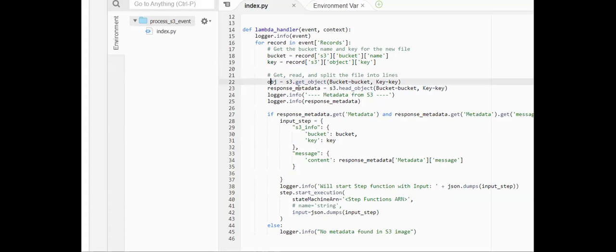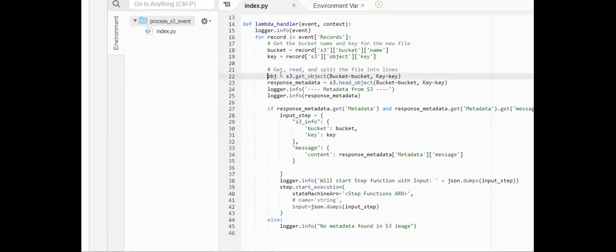Then after picking all these, I am finding the metadata of my S3 bucket. So what is the metadata? Metadata is nothing but the user-provided content under my image, right? So that is this metadata. What is this object? This object is nothing but an image, right? So I'm finding my image as well as this